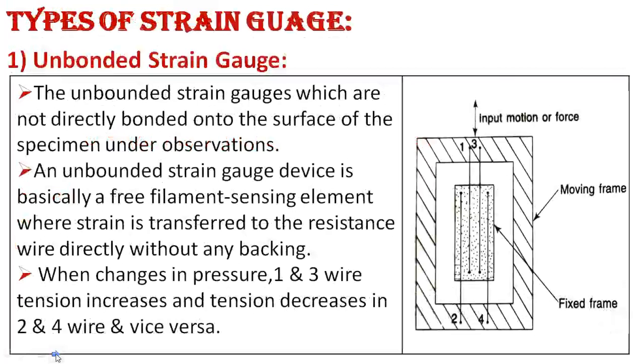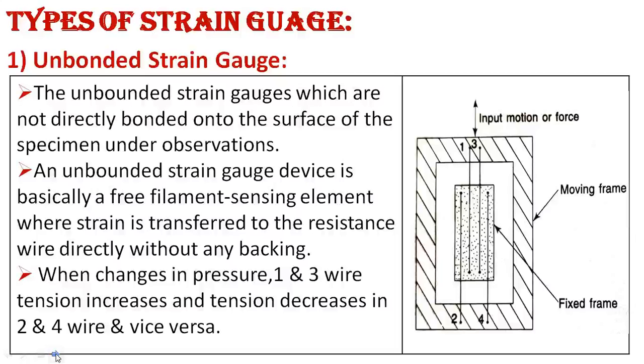Now the strain gauge has two types. The first one is the unbonded strain gauge and the second one is the bonded strain gauge. Starting with the unbonded strain gauge, the bonded strain gauges are directly bonded onto the surface of the specimen under observation. The unbonded strain gauge is not directly bonded to the surface of the specimen under observation. That unbonded strain gauge device is basically a free filament sensitive element, where strain is transferred to the resistance wire directly without any